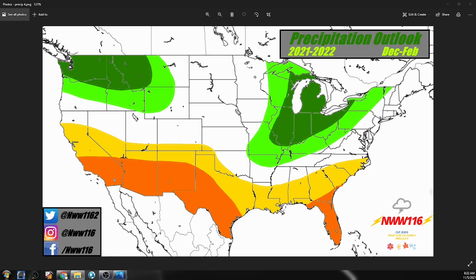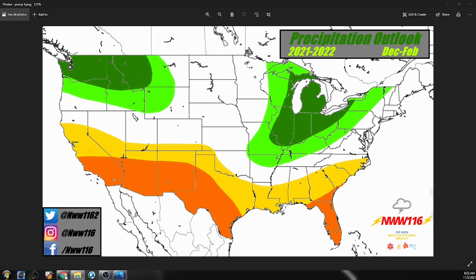Now, we're even relatively more confident in these areas in darker green, showing that precipitation is going to be well above average. We could get the potential for more storms to go across these regions, and potentially, depending on the temperature, that can lead to more snowstorms across these areas. This does include bits of the extreme upper Northwest, for bits of Washington State, moving into central Idaho, and central and western Montana. Now, we do have that other sliver here across the Ohio Valley, stretching through the St. Louis area, all the way up to near Buffalo, New York, in that above average precipitation outlook.